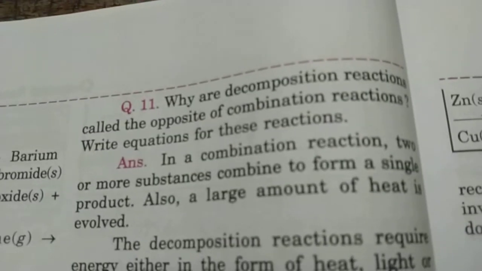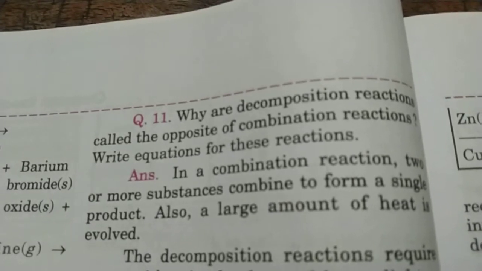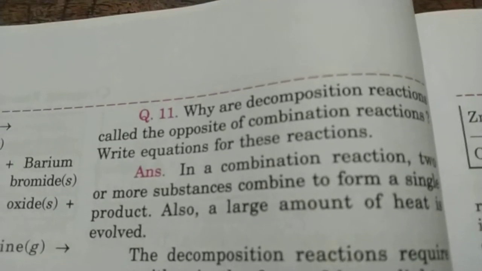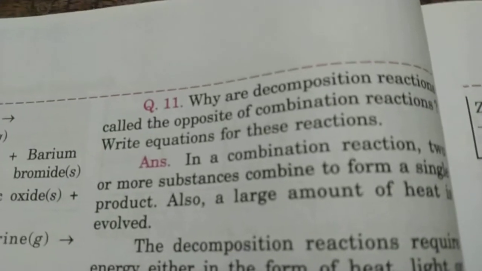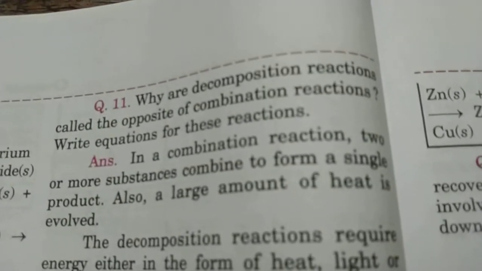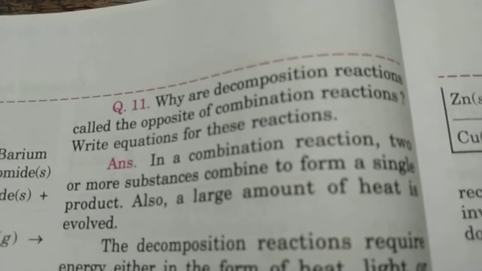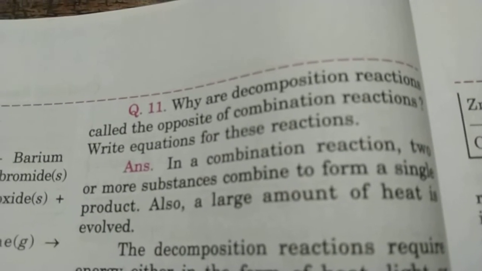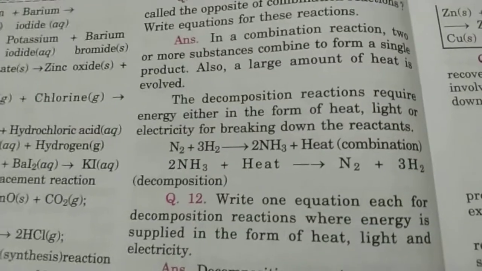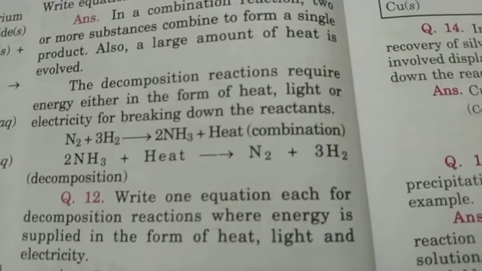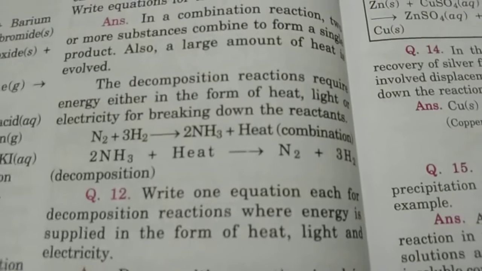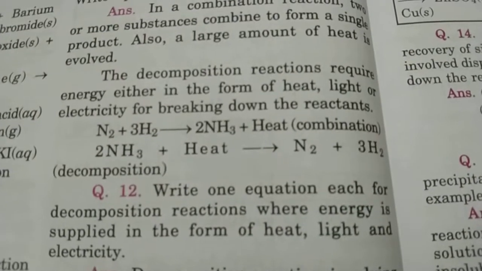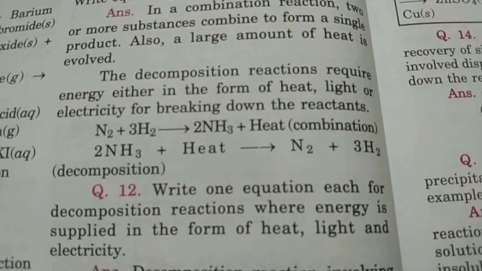Question number 11. Why are decomposition reactions called the opposite of combination reactions? Write an equation for these reactions. Answer. In a combination reaction, two or more substances combine to form a single product. Also, a large amount of heat is evolved. The decomposition reactions require energy, either in the form of heat, light, or electricity, for breaking down the reactants. Nitrogen plus hydrogen